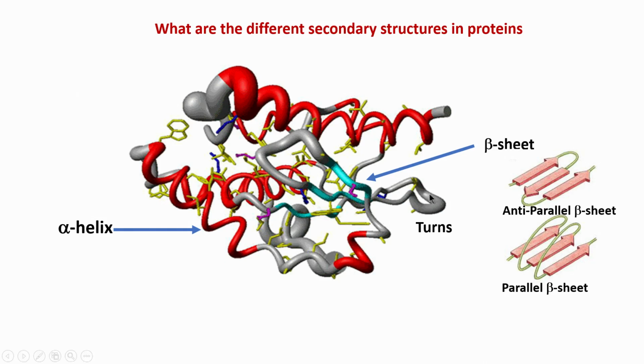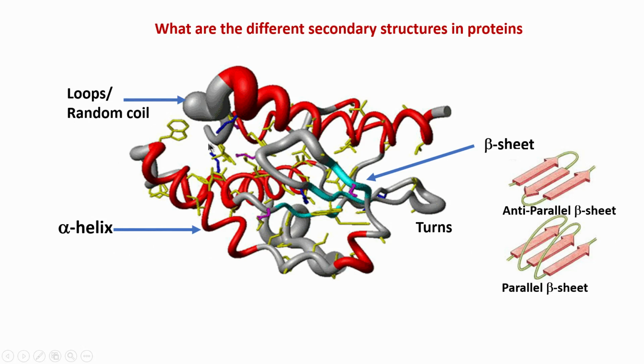But the secondary structure here is more similar to a random coil or a loop. So, these turns can be categorized into loop or random coil as far as the CSI method and the J coupling method are concerned, which we are looking at now. But as far as NOE is concerned, turns are different from loops. Loops do not have a well defined conformation, but turns do have a well defined conformation. That we will see when we look at the NOE part of the course, where we look at 3D structure. Now, the last one is, as I said, random coil or loops.